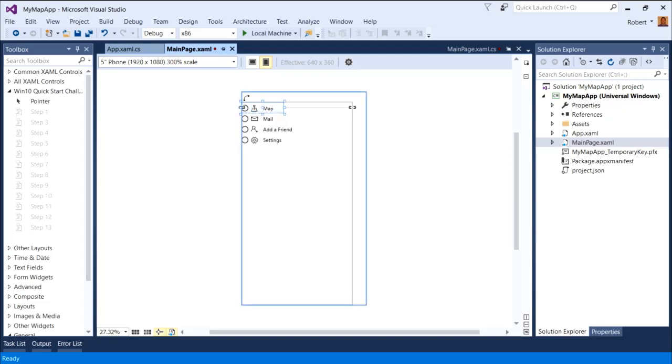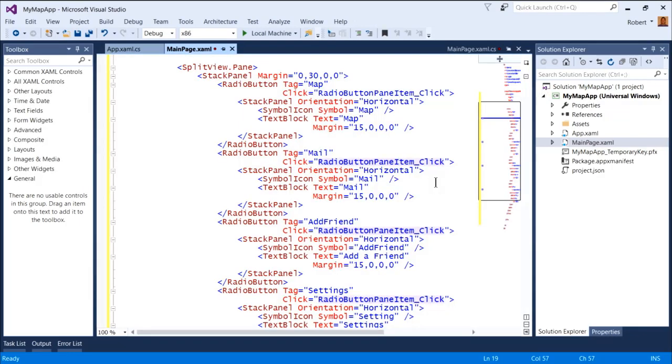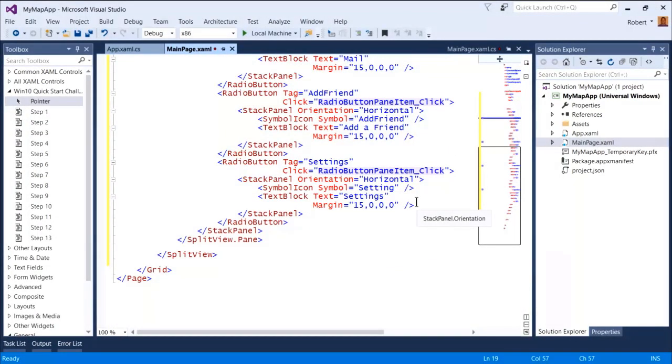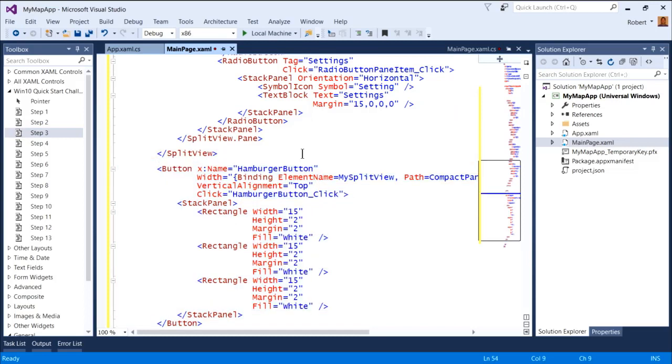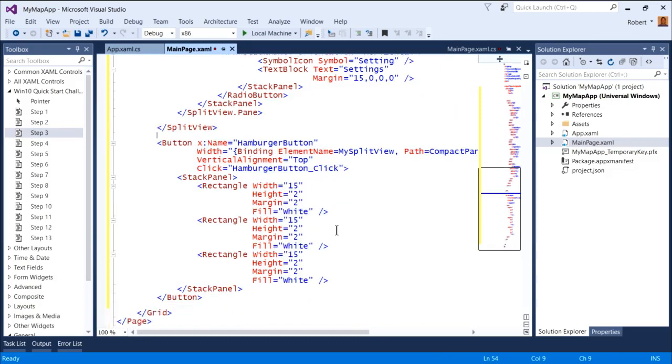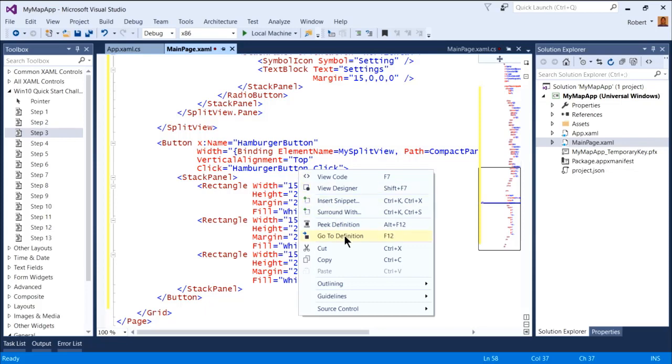Then the next thing we need is the hamburger button. The split view control doesn't come with a hamburger button, so we'll need to create that separately. We'll go back to the XAML. And below the split view, we will add a button. We're going to call it hamburger button, and it's just going to consist of a bunch of rectangles. And when we click the button, we want the pane to open and close. So we'll right-click on that, go to definition,